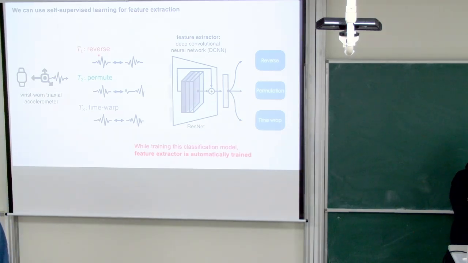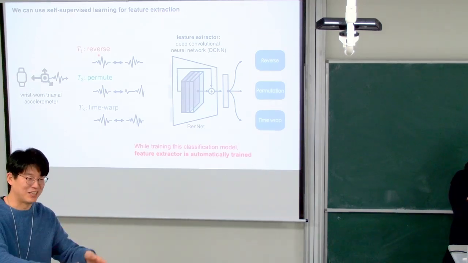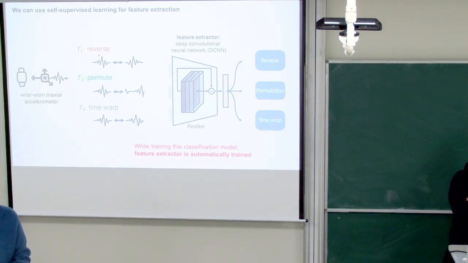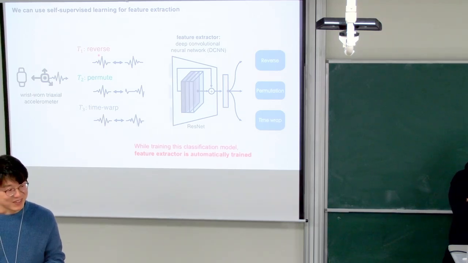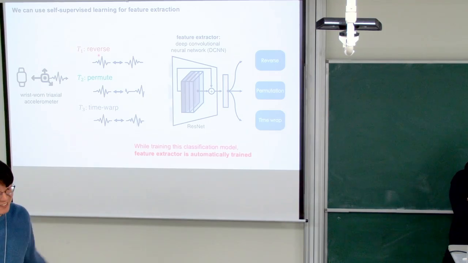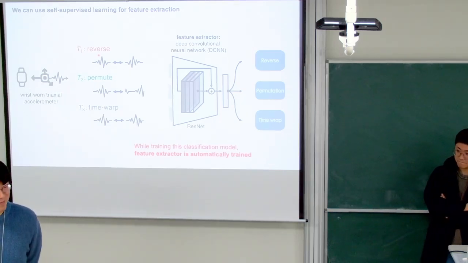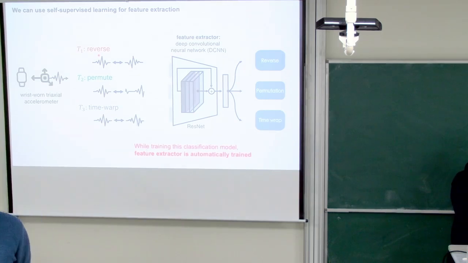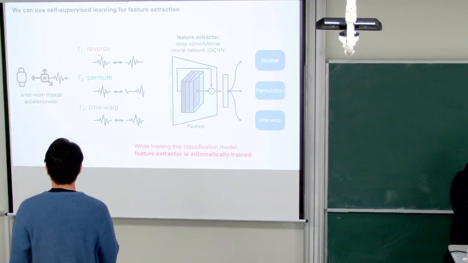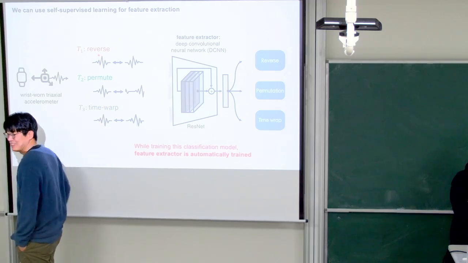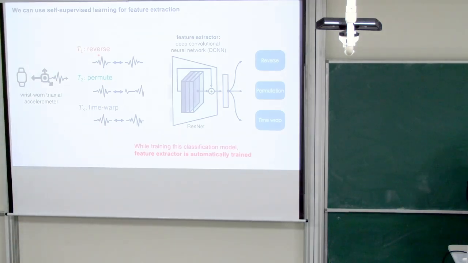For the supervised learning, typically how do we select the features? We select train and test data sets, and select some features which perform well on the train set and then use them. But for that, we need a lot of data. But here, before doing that, let's select the features. How? Choose the ones which can distinguish original, reverse, permute, and time warp. Why would certain features which can distinguish these transformations be the backbone for anything?